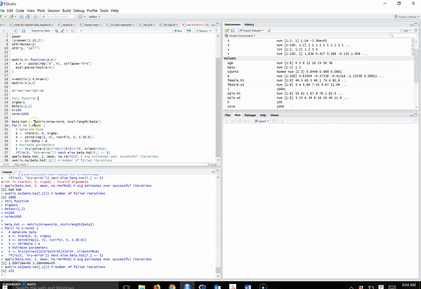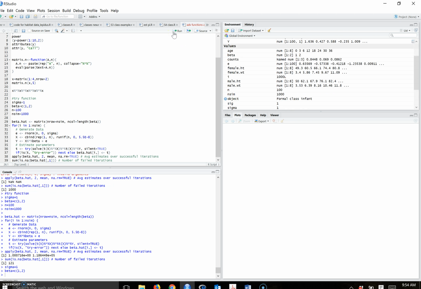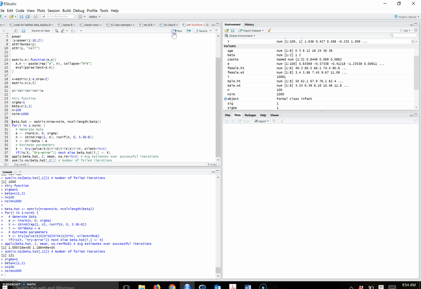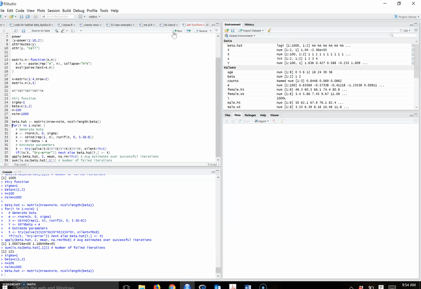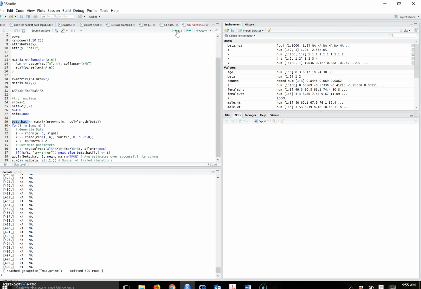Okay, so here's the code to run this simulation and use this try function to catch some errors. It's intentionally set up so we should have a good number of errors when we run this. So our sigma is unit variance for the error, beta is 1, 2, so 1 for the y-intercept, 2 for the slope. Our sample size is 100, and we're going to repeat this simulation 1,000 times. So here we set up the beta hat, right now it's just initialized. You can take a look at it. It's just going to contain all of those values